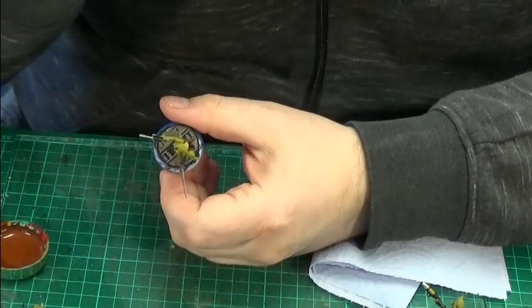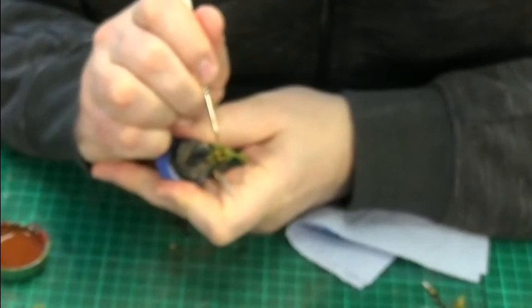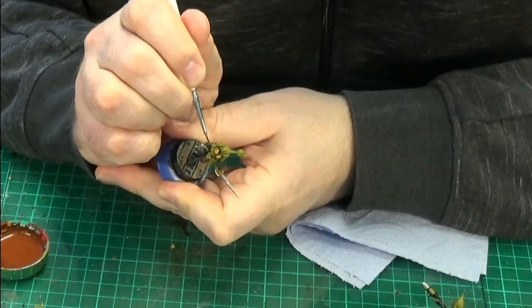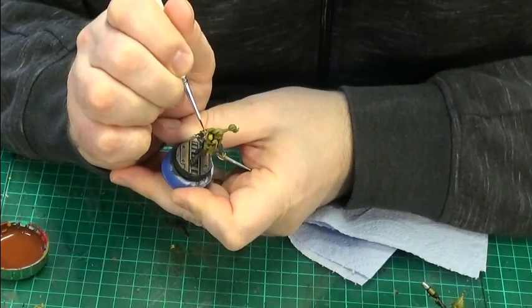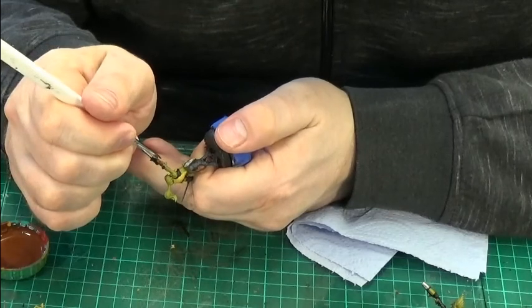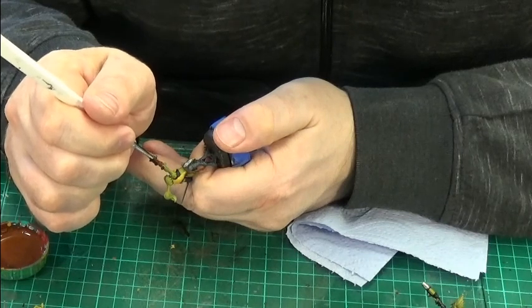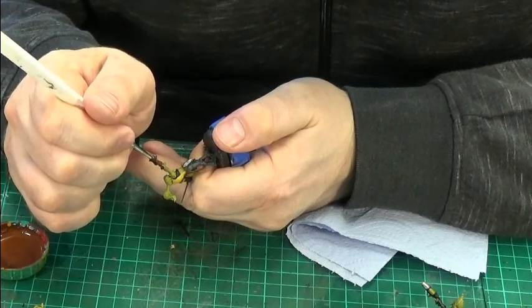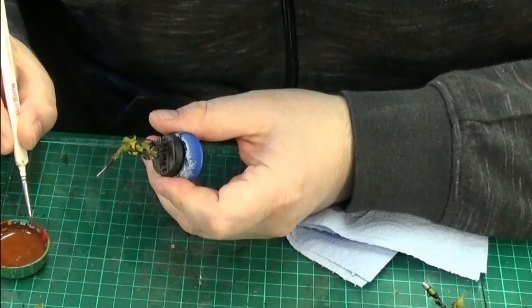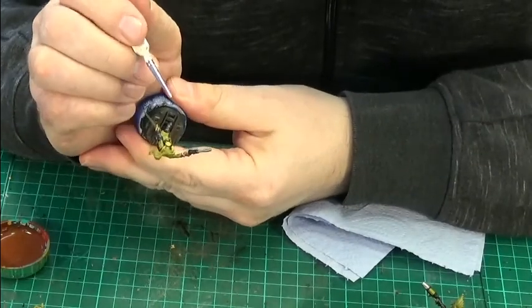He's got a glove as well. Alright. Might have to put another drop of fluid into here at this juncture. I might have to change my brush out. But anyway, there you go. So yeah,